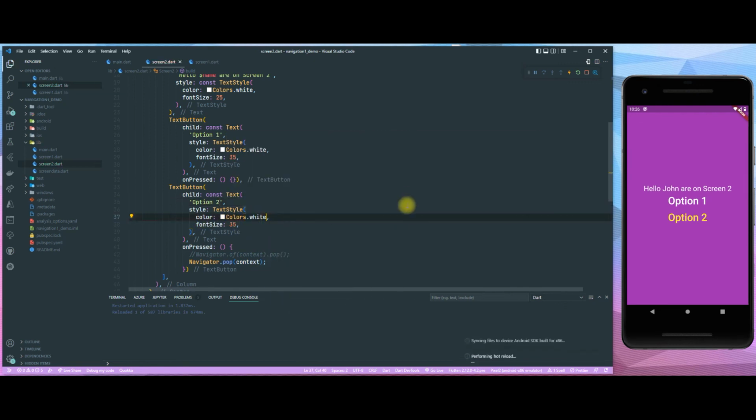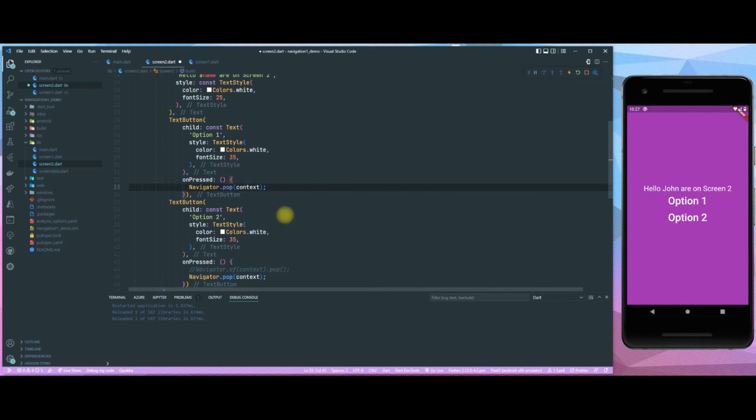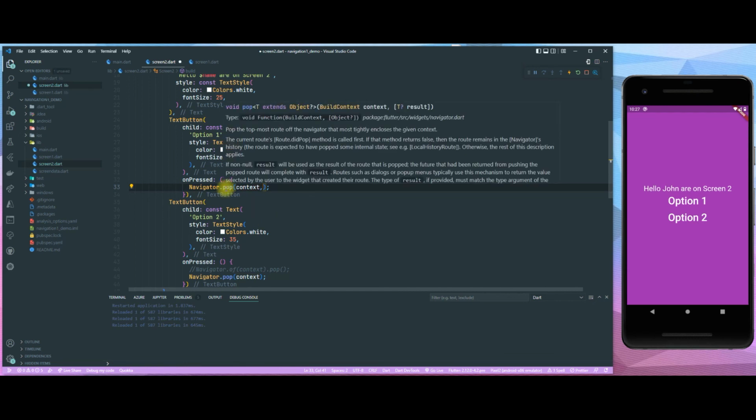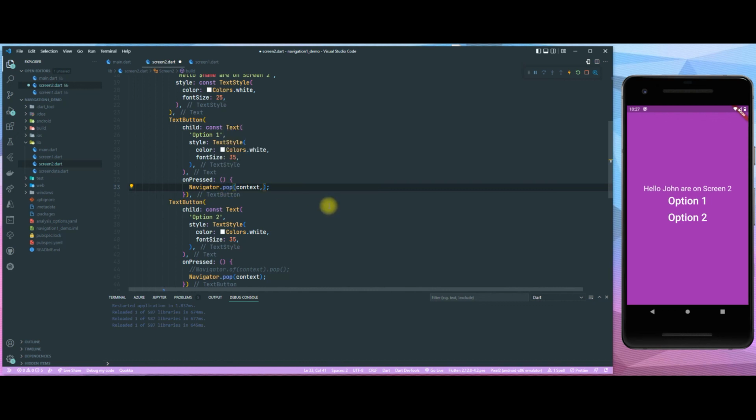Let's make this then similar. There we go, option 1, option 2. And here we have our navigator pop context. So this is already gonna push us back to the previous screen. I'm gonna put that navigator also in here. And the thing that we can extra add here is also an argument. So as you can see, if you hover over the pop, you see that it can also have arguments there. So, or result. What we are going to add here is option 1, and here we are gonna add option